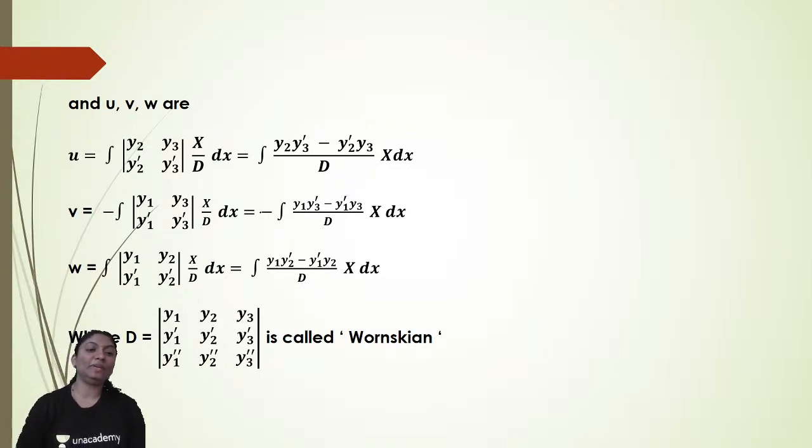Okay, and w is equal to integral of the determinant of y1 y2 y1 dash y2 dash into X upon D dx, which is equal to integral of, now solving this determinant, y1 into y2 dash minus y1 dash into y2 upon D into X dx. Where D is the determinant of y1 y2 y3, y1 dash y2 dash y3 dash, y1 double dash y2 double dash y3 double dash, and this D is called the Wronskian. Now